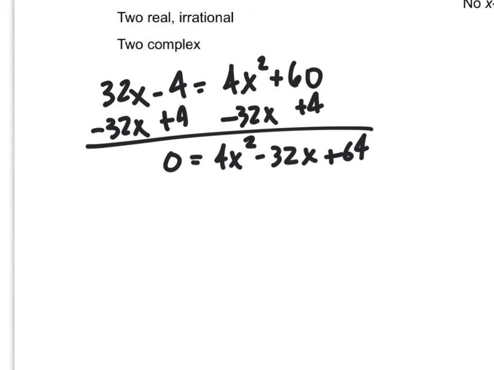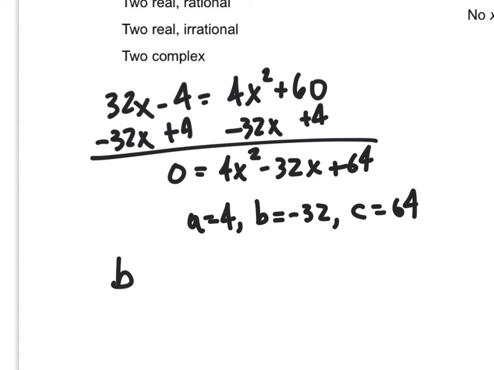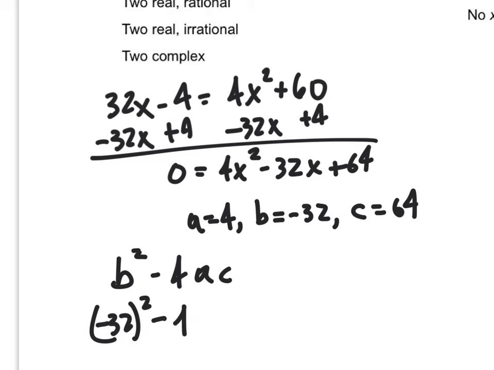First of all, a is equal to 4, b is equal to negative 32, and c is equal to 64. Let's do b squared minus 4ac. So we do negative 32 quantity squared minus 4 times